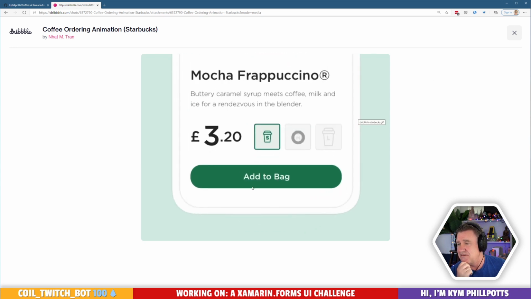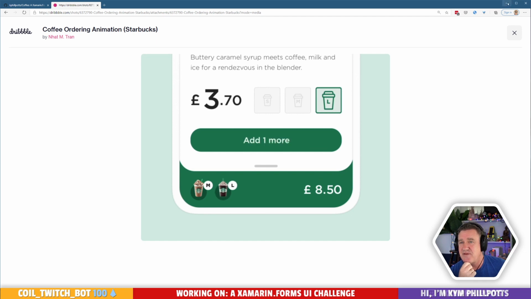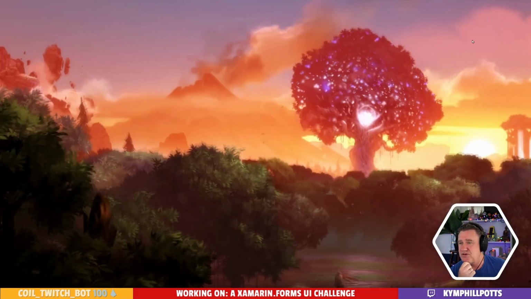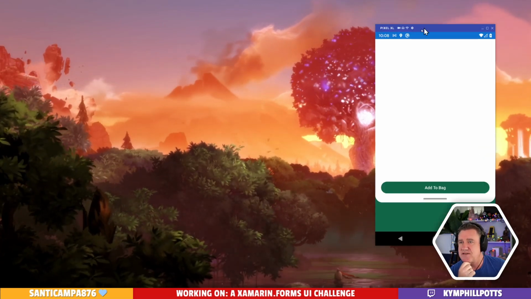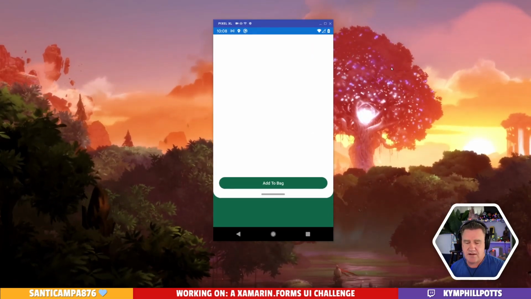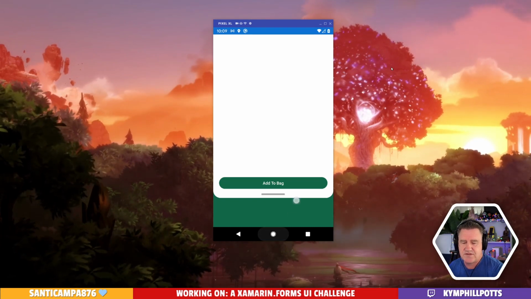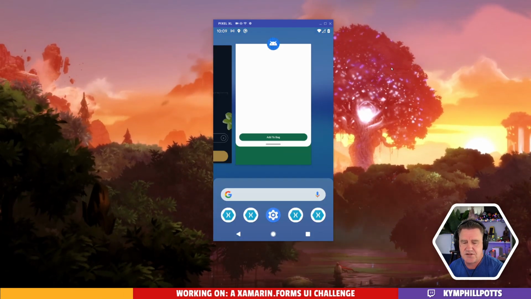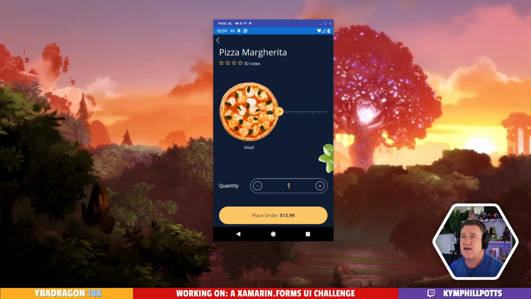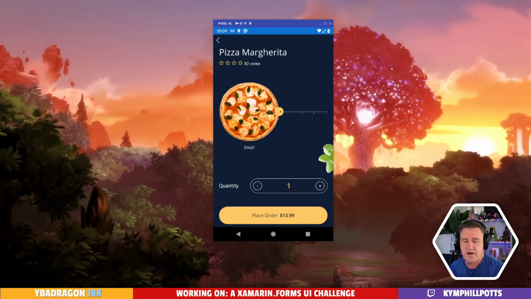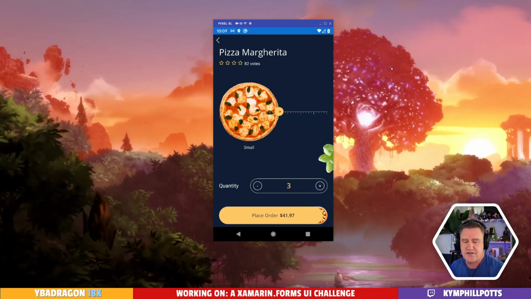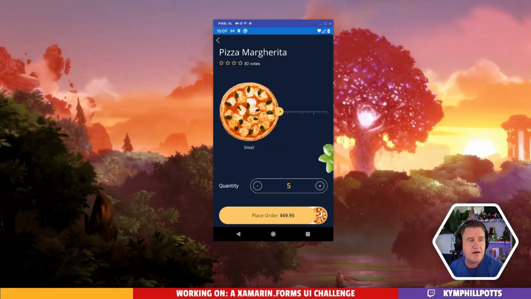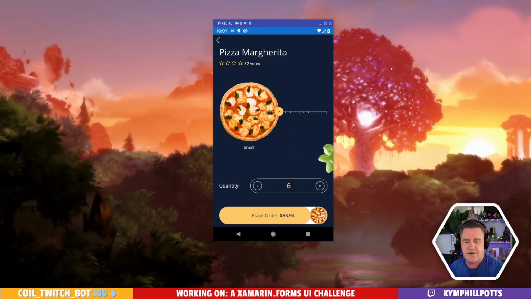SkiaSharp seems the obvious way of doing that. But the other approach that we could use, maybe I'll give it a go, is remember we did ourselves a UI challenge quite a while ago where we did a pizza shop like this, and when we increment the values here, we have this little rotating quantity and the price.